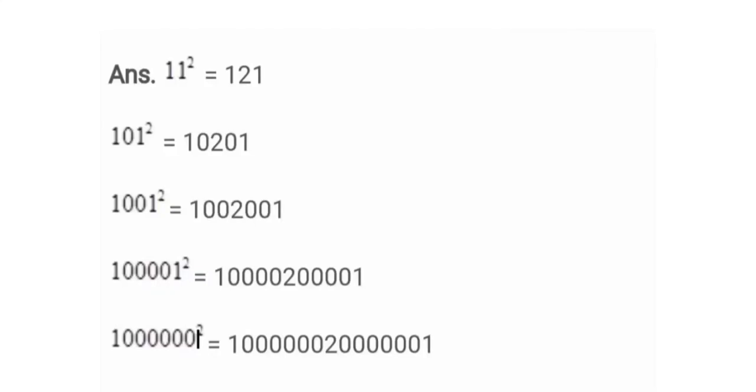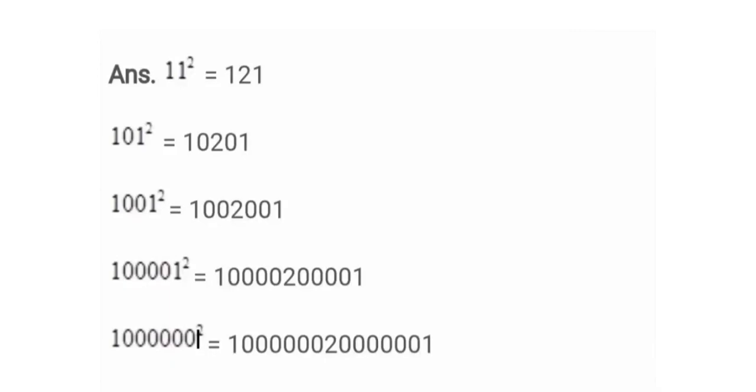So scholars, you can see here in the 11, what is the number? 121. And 101, what? 10201. Okay, and the next one, 1001, what is coming? If in the question there are 2 zeros, means answer also 2 times 0 is coming. 1002, then again put 2 zeros and 1.